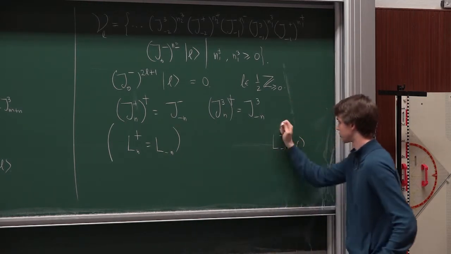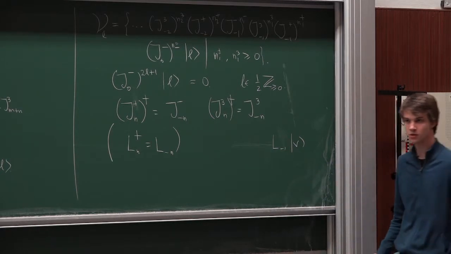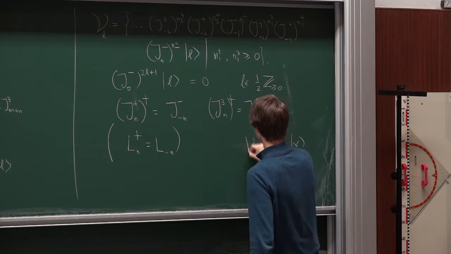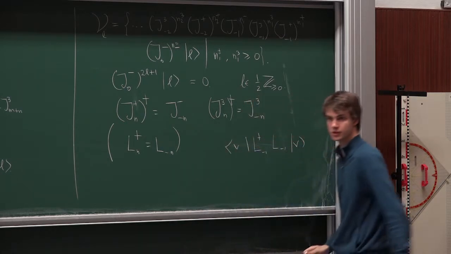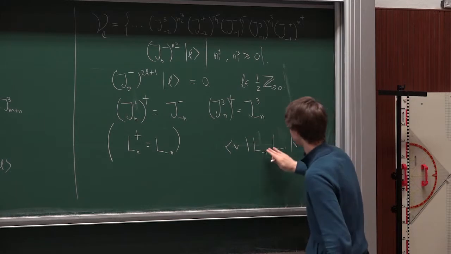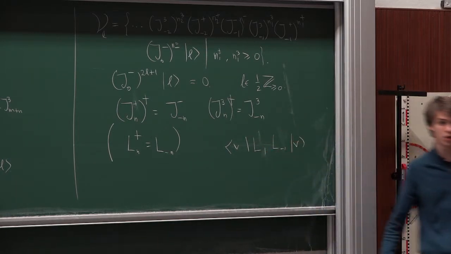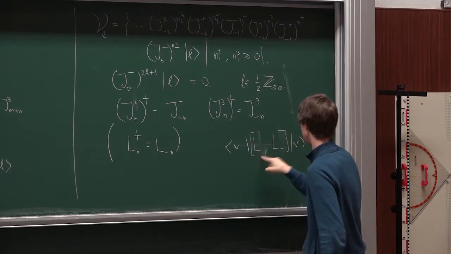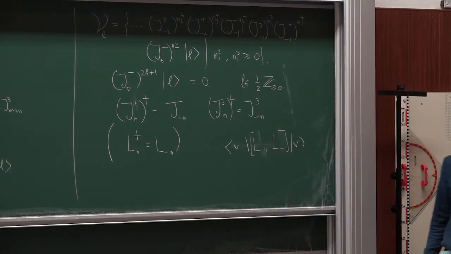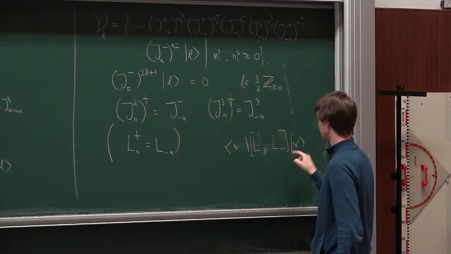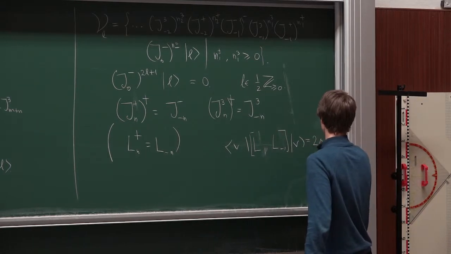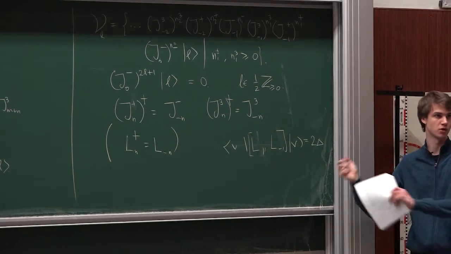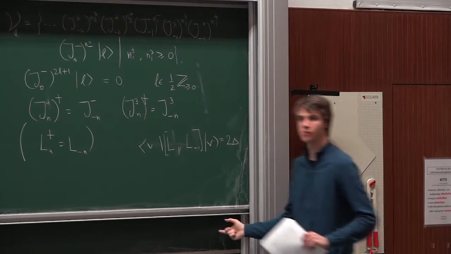If you want to compute norms of some descendants, let's just do Virasoro. If you want to compute the norm of this state, what you do is sandwich it with itself. The dagger turns the L_{-1} into an L_1, and then you replace this by the commutator, because L_1 annihilates the primary state. And this gives you 2L_0, which gives you 2 delta, assuming that V is normalized to 1. That's the way you can always compute the norm.